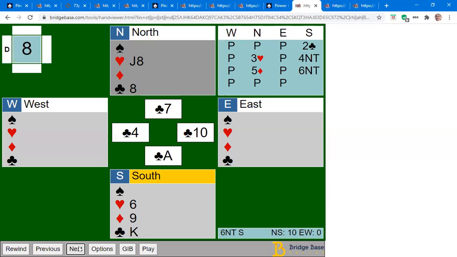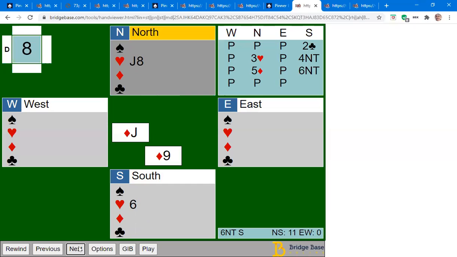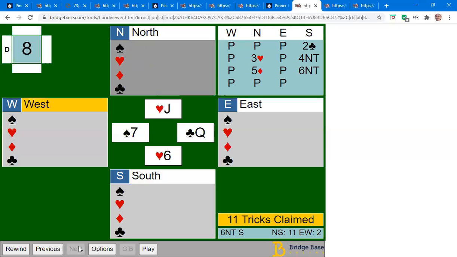They were just sort of playing off their winners here, maybe hoping that the opponents discard something at the end. But at the end, they can take their clubs, but they're going to lose a diamond, and they lost a spade as well. And they only made 11 tricks on this one. There was one declarer who actually made 12 tricks, although they didn't